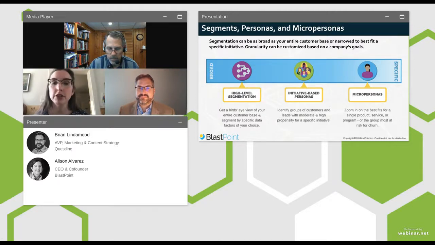So maybe it's energy efficiency, maybe it's people getting into electric vehicles. So looking at that, we can find, using AI, customers that are best fit. From there, we can also look at micro personas. So that's not just looking at EVs, but who wants a specific kind of EV charger, or who wants a specific kind of EV charger next month, 6 months from now, a year from now. So looking at those tinier slices can help you organize how you're going to talk to customers, what you're going to say, when you're going to say it.